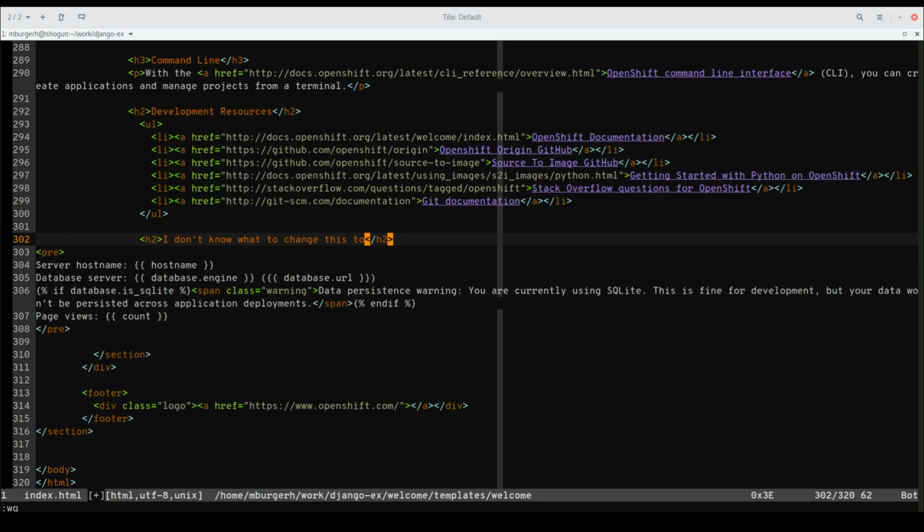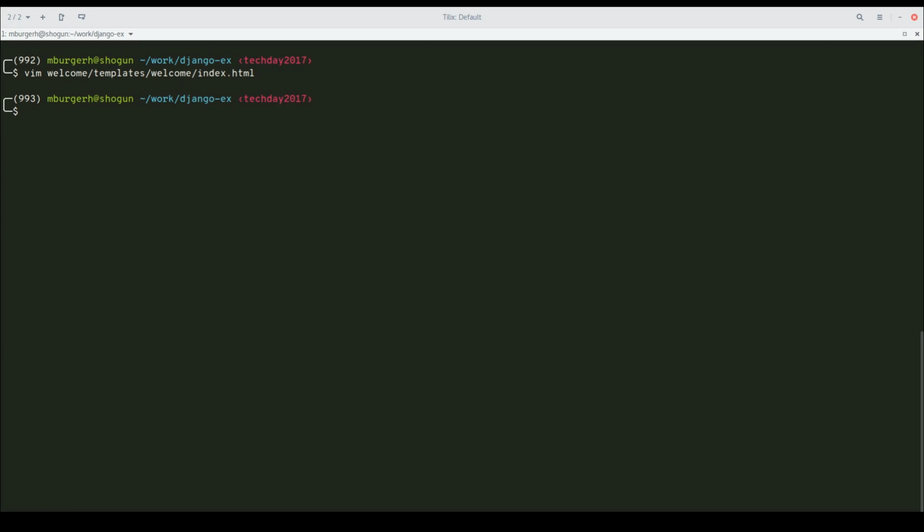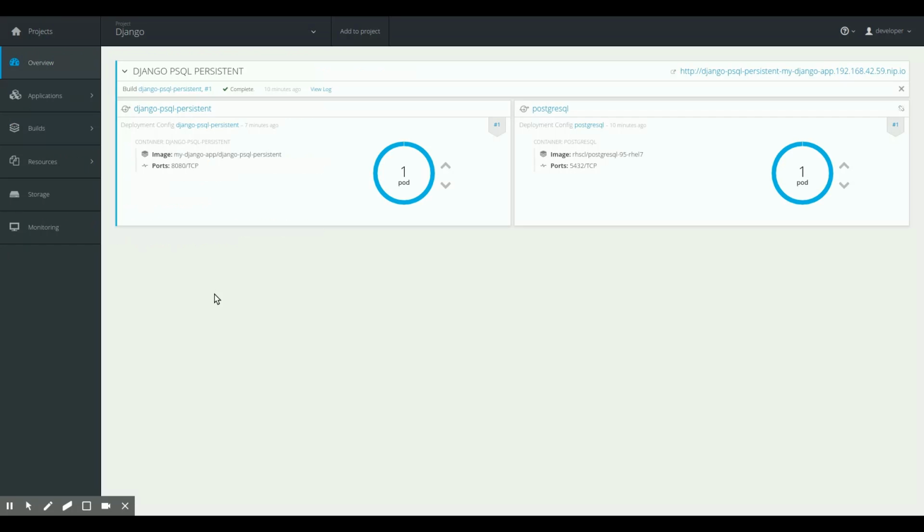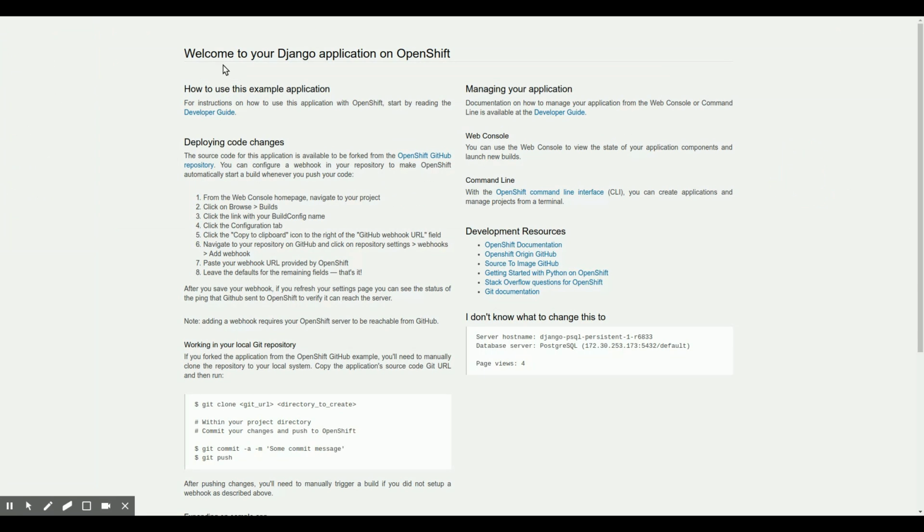Save that again and switch back to that first terminal. You see that it's already been sent into my running pod. Switch back to OpenShift, click this link again, switch to the other tab for recording, and you can now see that I don't know what to change this to as the header for this box over here. Now I could go back to my Git repository, commit this to Git, push it into GitHub,